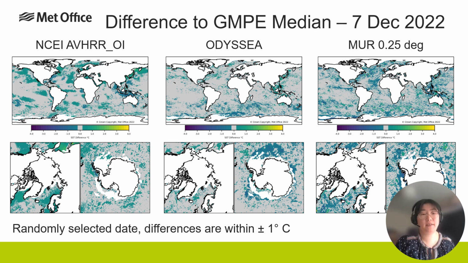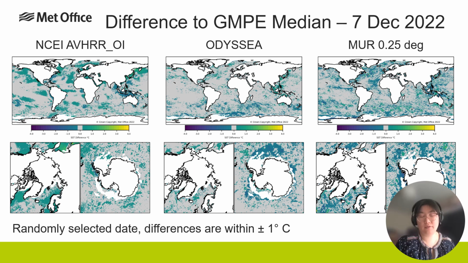So in terms of the pattern, the AVHRR OI looks a bit more different to the other 2 by having more patchy pattern. They have patches of differences to GMPE medium, whilst the other 2 seem to be more distributed across the globe. And the AVHRR OI has a slightly warmer tone compared to the other 2, meaning it is probably slightly warmer than GMPE medium. But for all the 3 analyses, the difference to GMPE medium is within 1 and -1 degree,